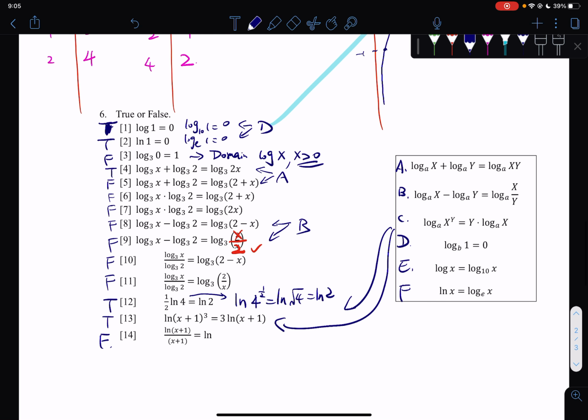I can't emphasize it enough that ln of x plus 1 does not mean it's a multiplication. Log of anything is not a multiplication. You can't do cancellation like that. So this makes no sense. Okay, so that's all we